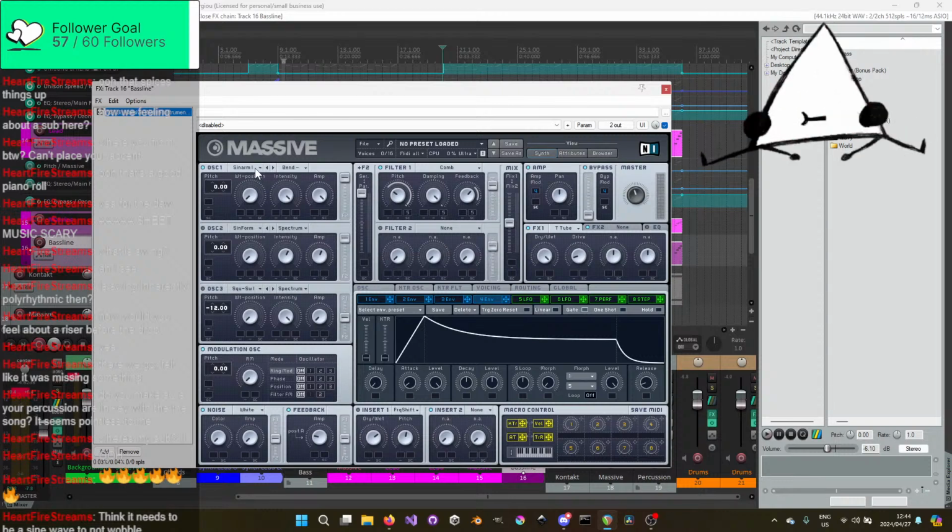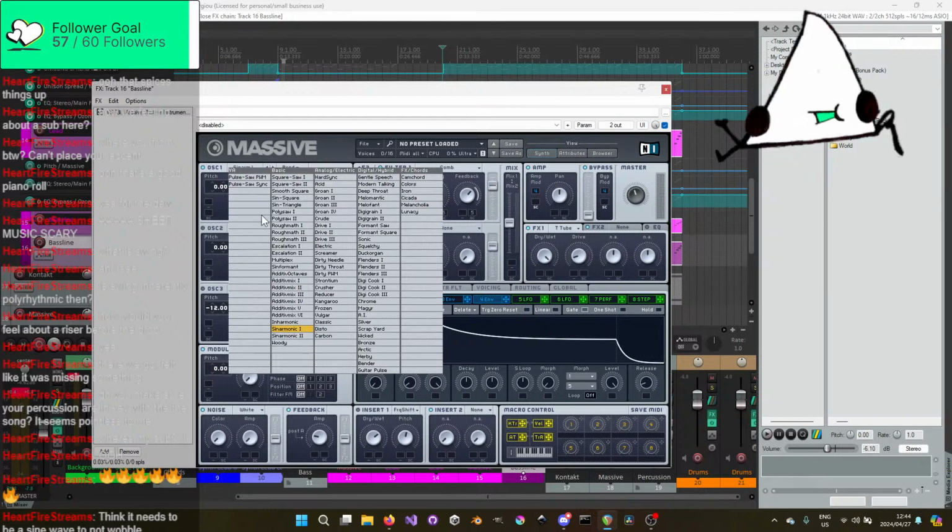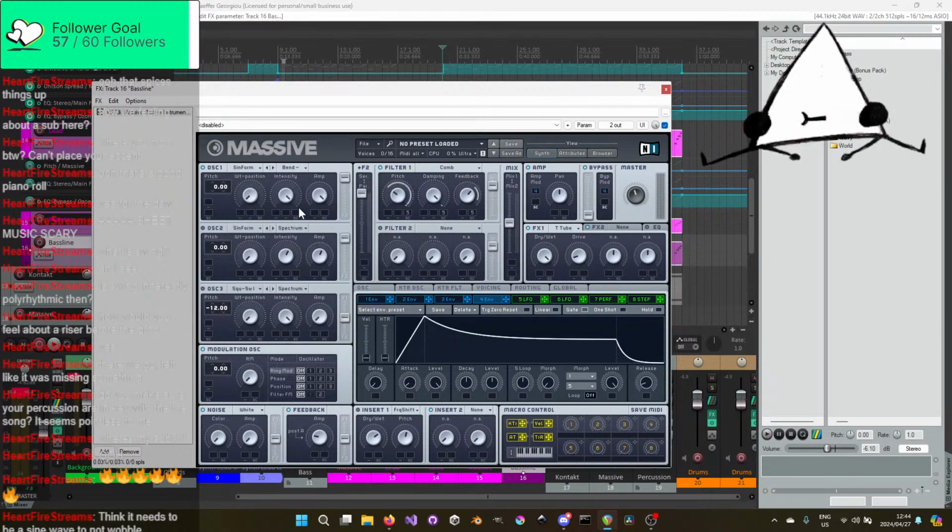Okay. So we've got... Does it have just regular sine? Saw, smooth square, sine, polysaw. Can I just get regular sine? Sine triangle, multiplex sine formant. Let's solo you.